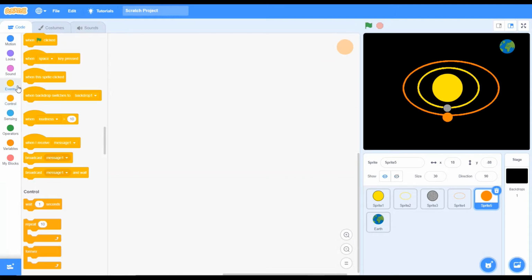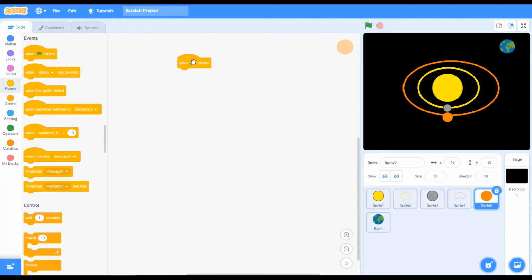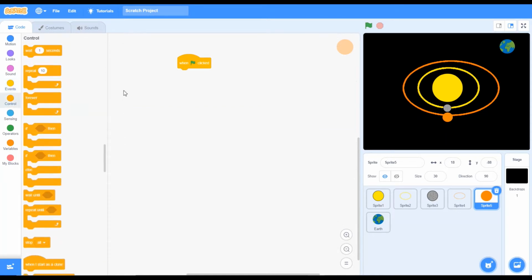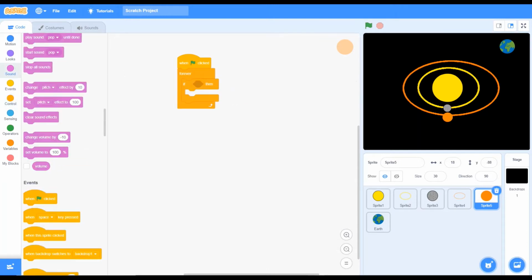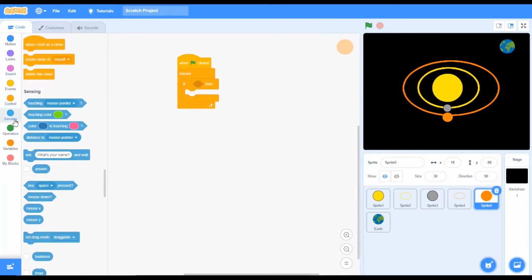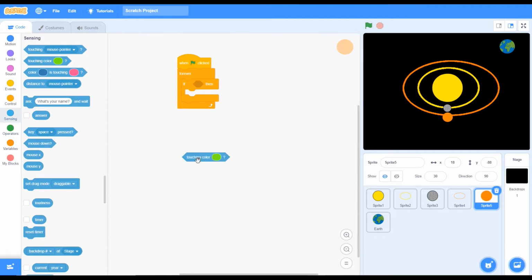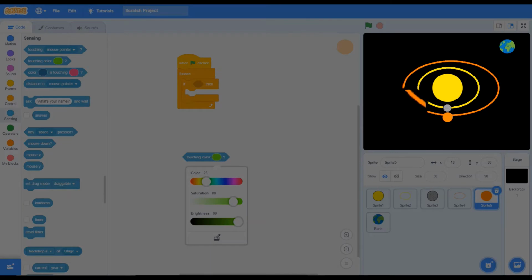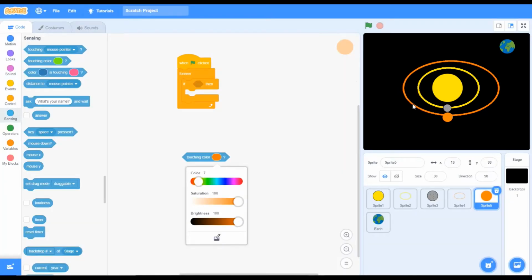Friends, actually looking at this it's very easy, but in reality it's very hard. Not hard, I'm telling you there's a lot of coding. Where I'm going, I have to go to the sensing. I will go to select mode. Orange color.